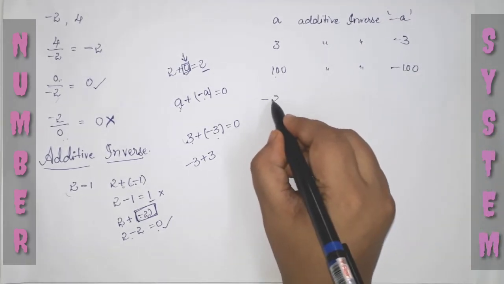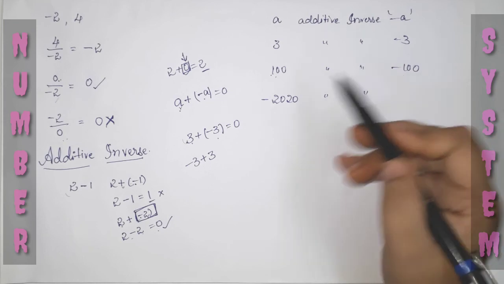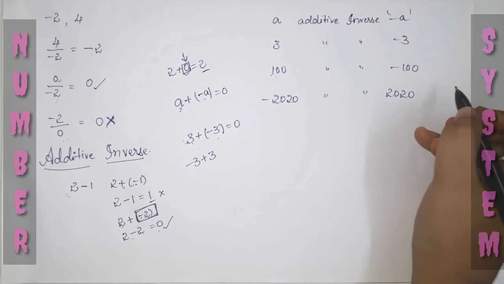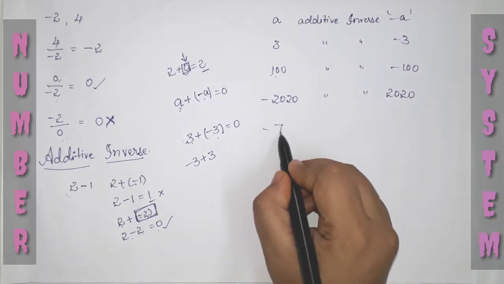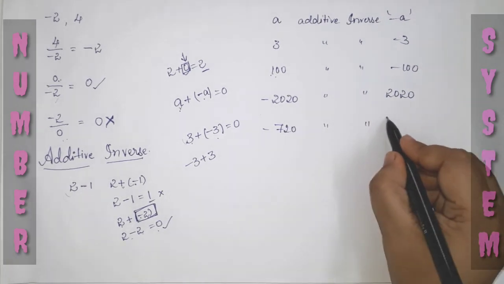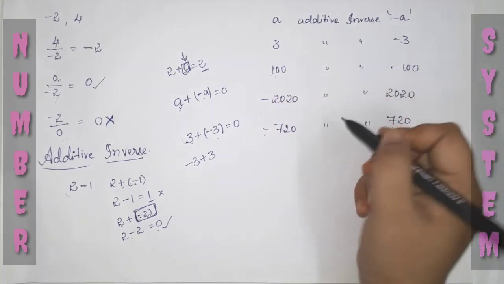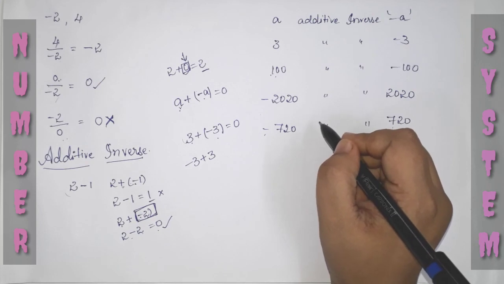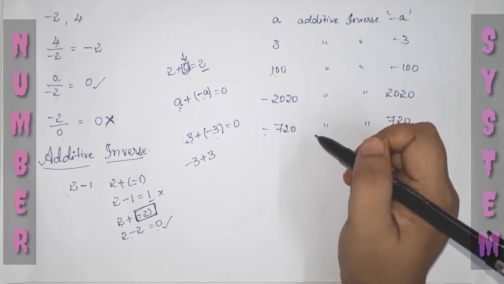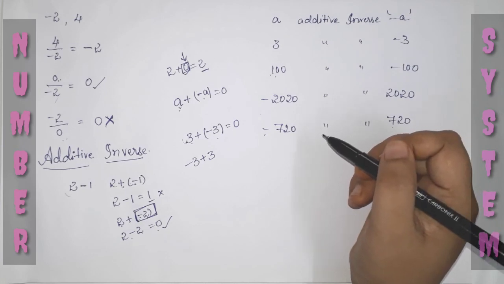If it is minus 2020, for this what do I have to do? Here plus, there you wrote minus. Here minus, there you have to write plus. For minus 720, what is the answer? Yes, 720. So minus there, you have to write plus. If plus is given, you have to write minus. Okay. Additive identity is a constant, for every number you add 0. Coming to additive inverse, you have to interchange the sign. If they give a plus value, you write a minus value. If they give a minus value, you write a plus value.